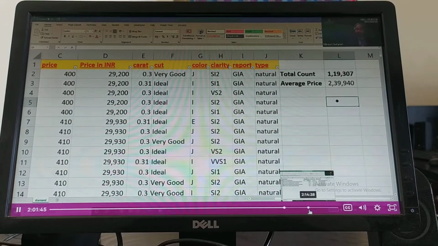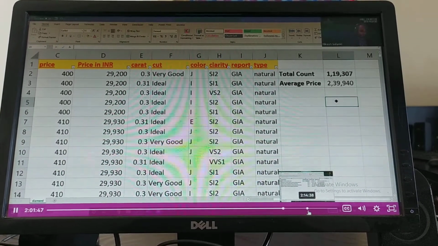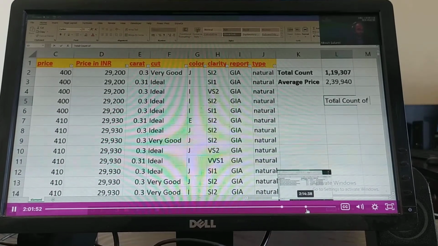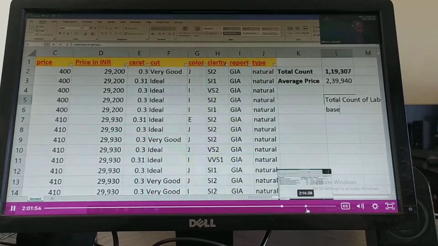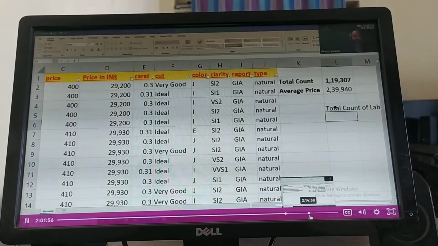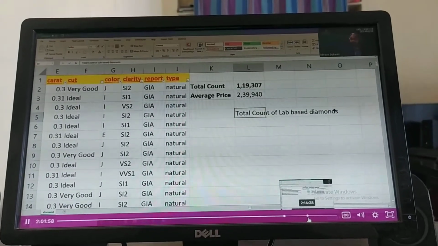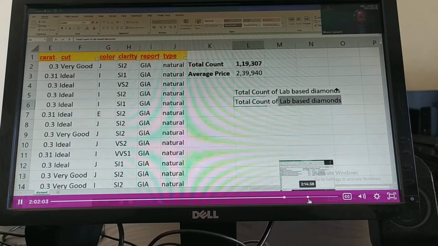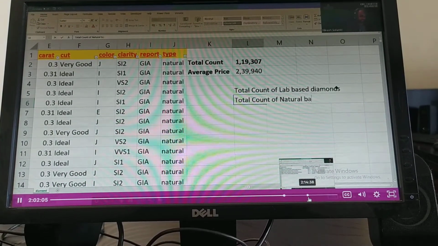I would like to understand the total count, in formula, obviously: count of lab-based diamonds, total count of natural-based diamonds.